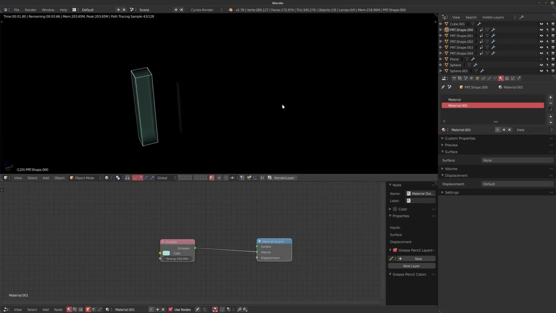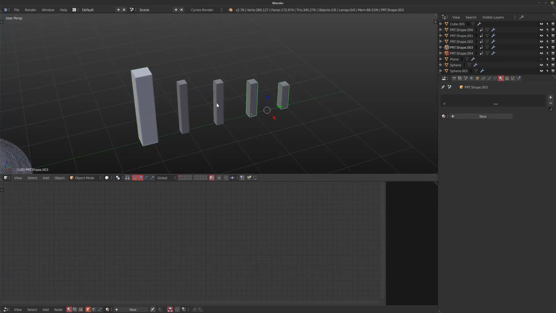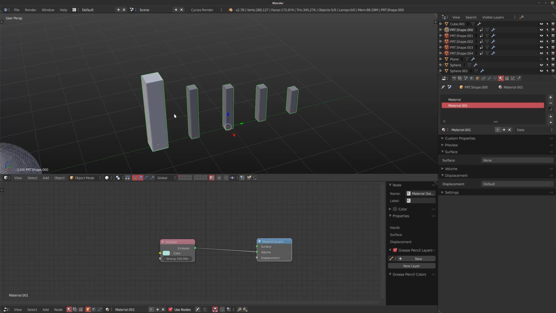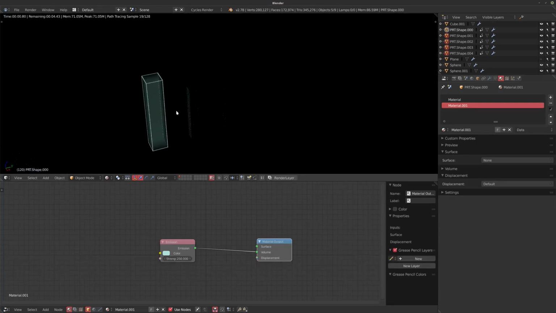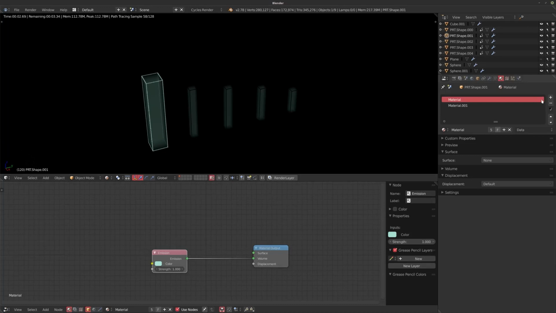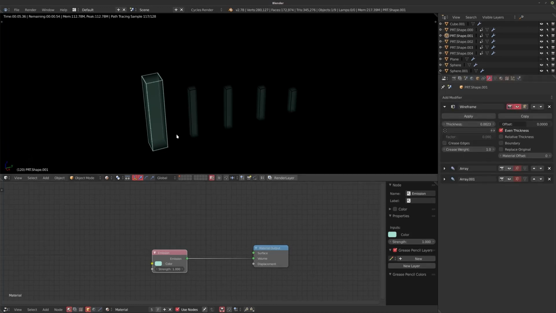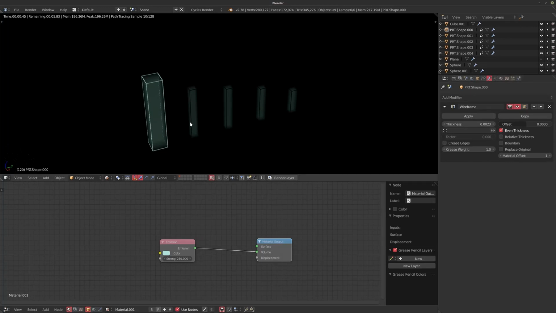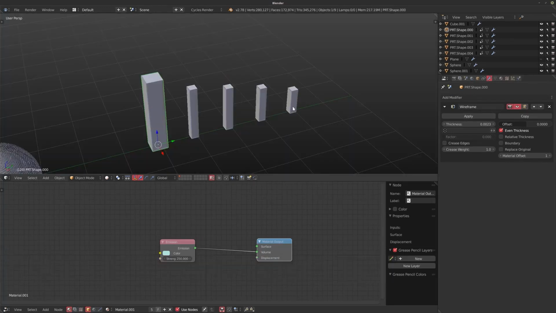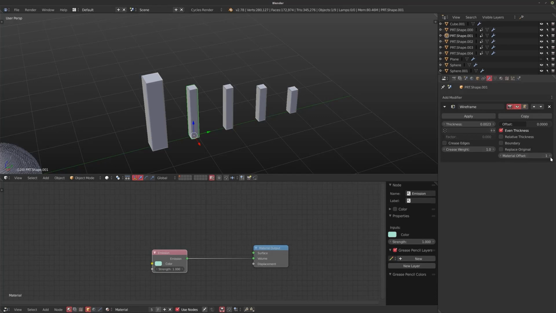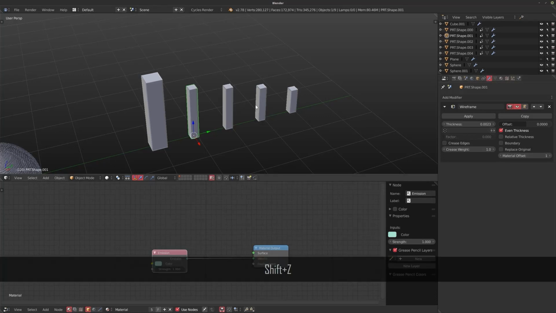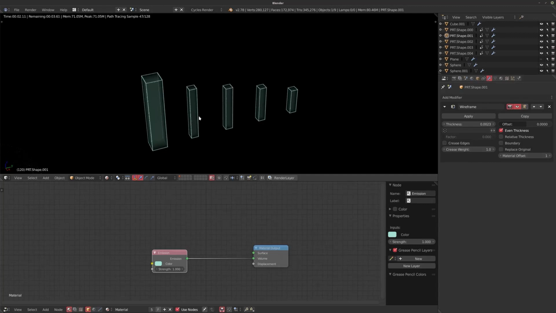So if I were to now grab these other ones, I'm going to grab this one last, and I'm going to set it back to rendered view so you can see exactly what's happening. I'm going to hit L. What I can do is link the materials, then the other ones will grab the exact same ones. Now I need that wireframe modifier here, so I'm going to delete the array, do the same thing, make sure I select all of them, link the modifiers, and now it'll have linked the wireframe modifier with the material offset. So if I hit Shift Z, now we get these really interesting results very quickly.